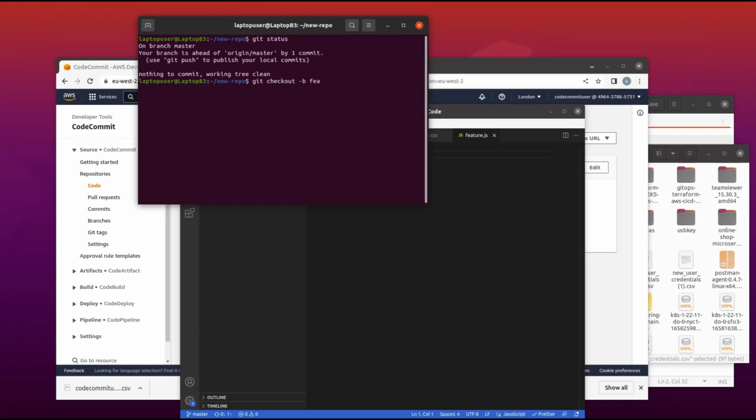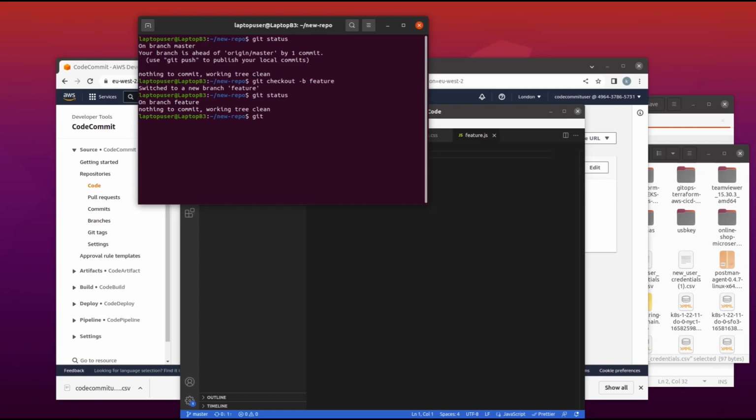So git status gives us the name of the branch we are on, branch master. Now we do git checkout -b followed by the name of the branch. So once git checkout -b feature has been created and we have switched to that branch,